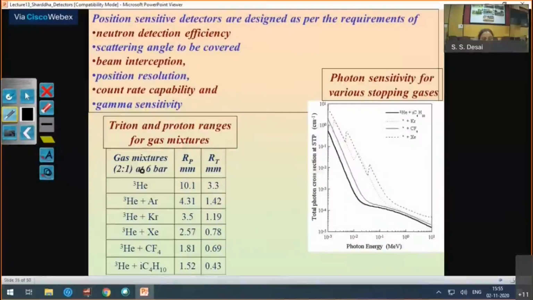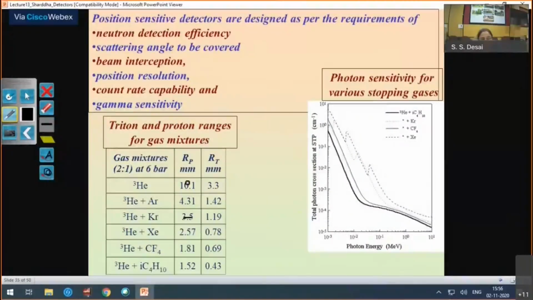And you see in this chart, for 6 bar of total detector pressure, by adding this other argon, krypton, xenon, our centroid value is reduced. So 3.5 to 1 point. So totally, intrinsically, we can have at the most 4 millimeter. We have reduced it from 13 millimeter to,